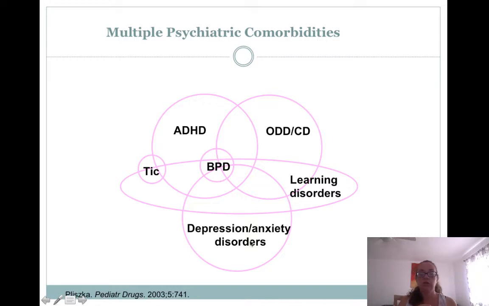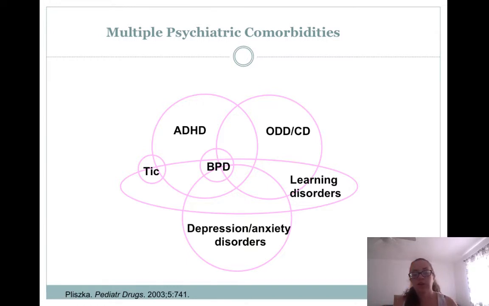Kids with learning disorders can be all throughout these. Tic disorder, we'll talk about that later. Tic disorders, they blurt out cuss words or they have certain movements or things like that. We'll talk about it more though. So you see how these are the ones that commonly go along with ADHD, but does not necessarily mean that you have both of them. And you could have more than two, so it's complicated.